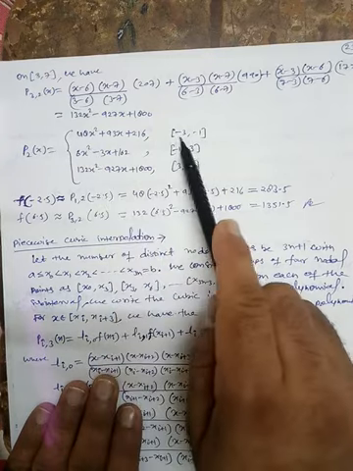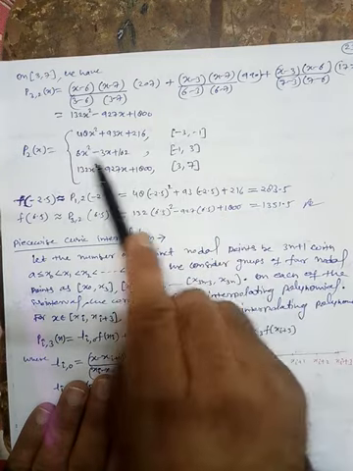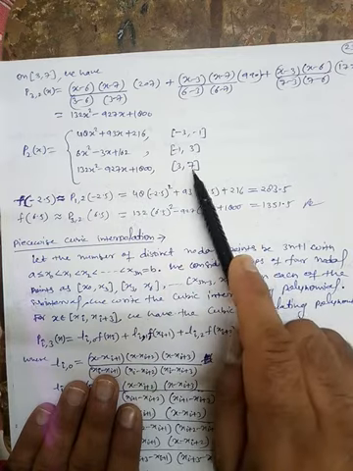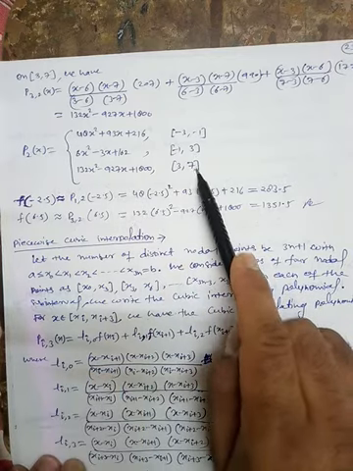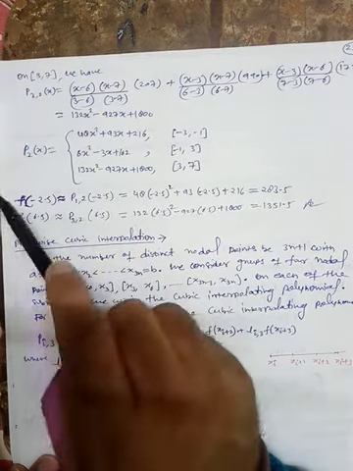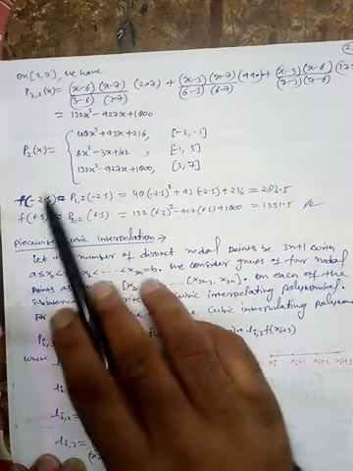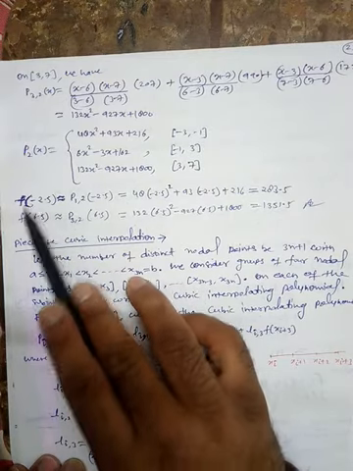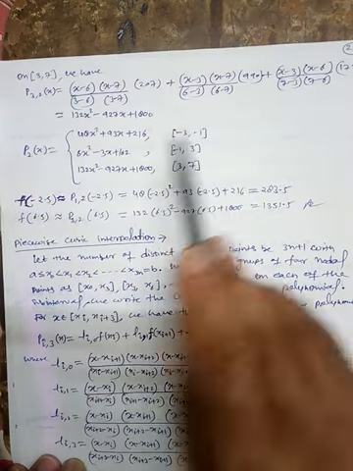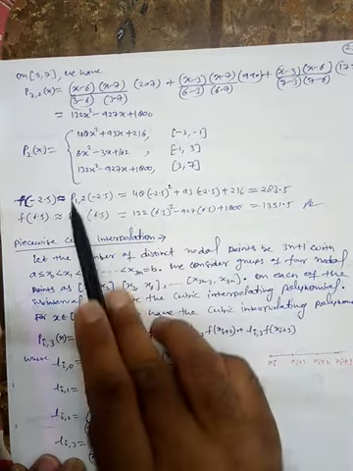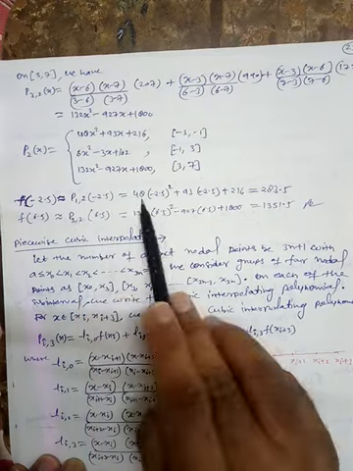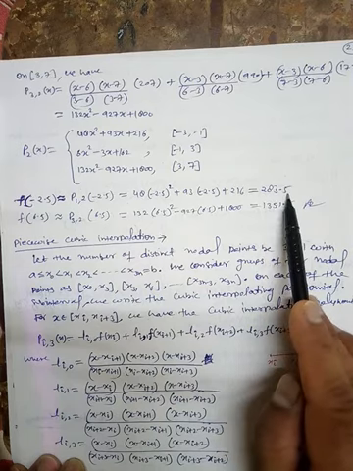So this polynomial is defined in the interval minus 3 to minus 1, second polynomial is defined in the interval minus 1 to 3, and third one is in the interval 3 to 7. Okay, so and these in short denoted by P2x, second degree polynomial. Now as the requirement is concerned, we have to find out f at minus 2.5. So minus 2.5 is in the first range, that's why use first polynomial. So after using first polynomial P12 at minus 2.5, finally we will get the value 283.5.